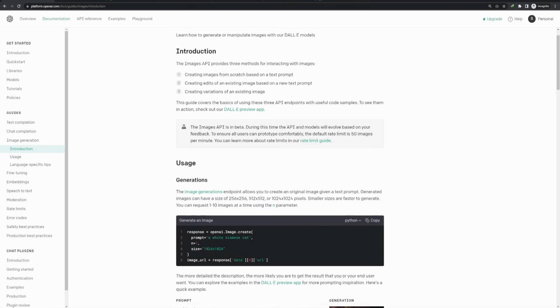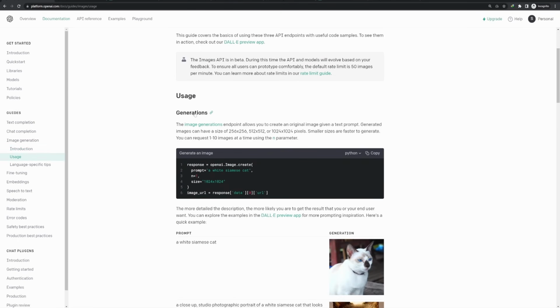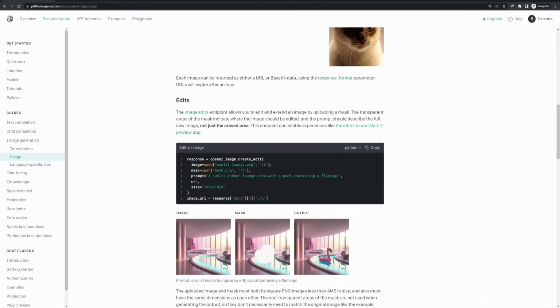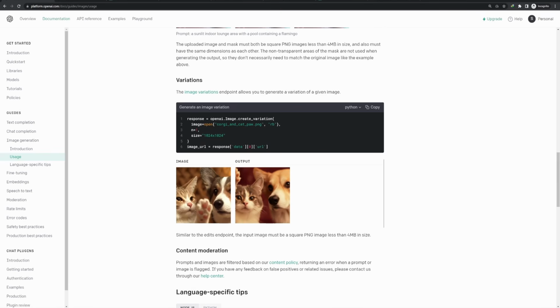For example, for the image part, I went through just the image generation based on the text, but you can see how to play with the OpenAI image create,